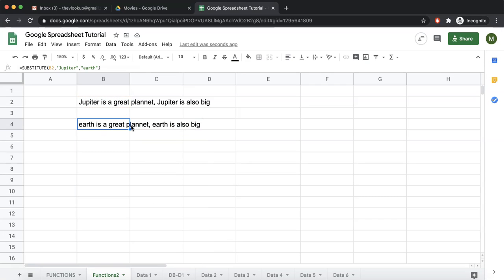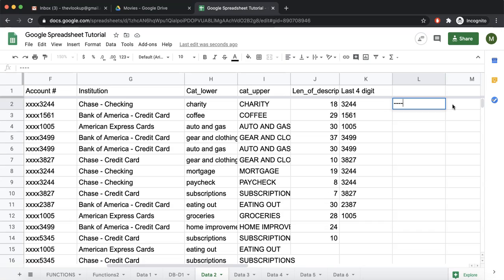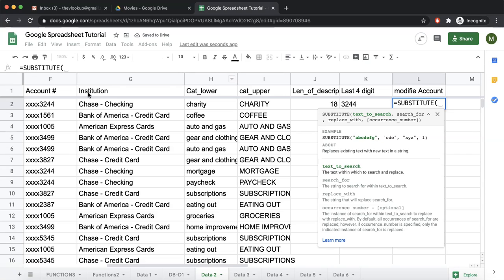So this is a very useful function and this is used a lot. So let's go back to our system. Instead of showing xx, I want this to be shown as just dashes. So I want this to be like this, dash dash dash dash 3244. So what we can do, modified account, we say equal to substitute.